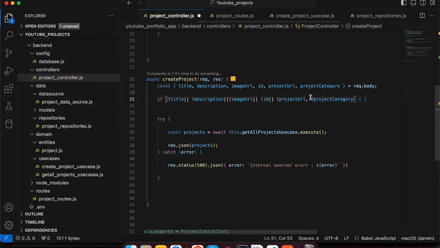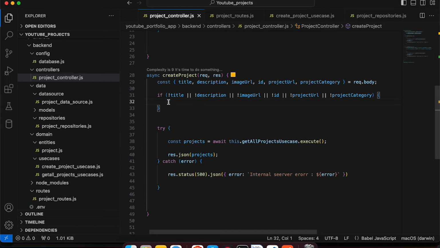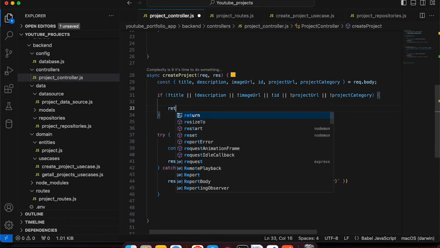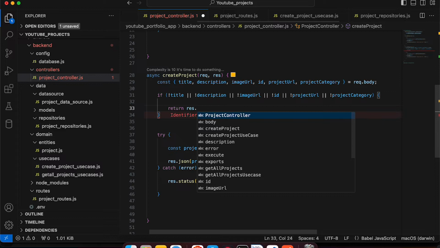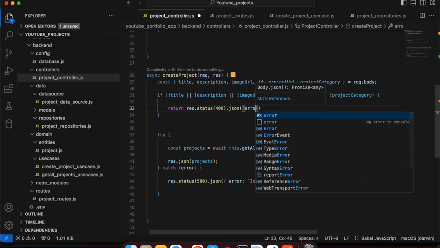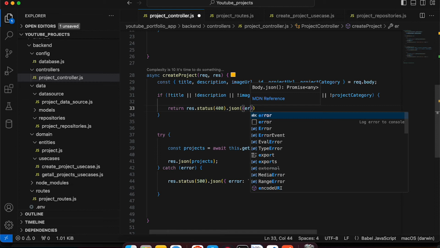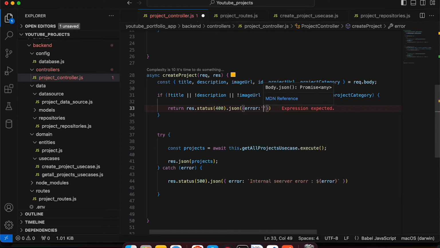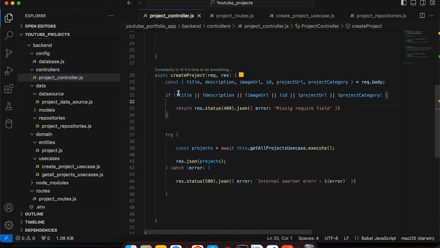Once you have done, if this condition is not satisfied, then in that scenario we will simply return a response with status code, as of now 400, and we'll pass a JSON with an error field. In error we will say missing required field, so that the user knows they have to fill this field,